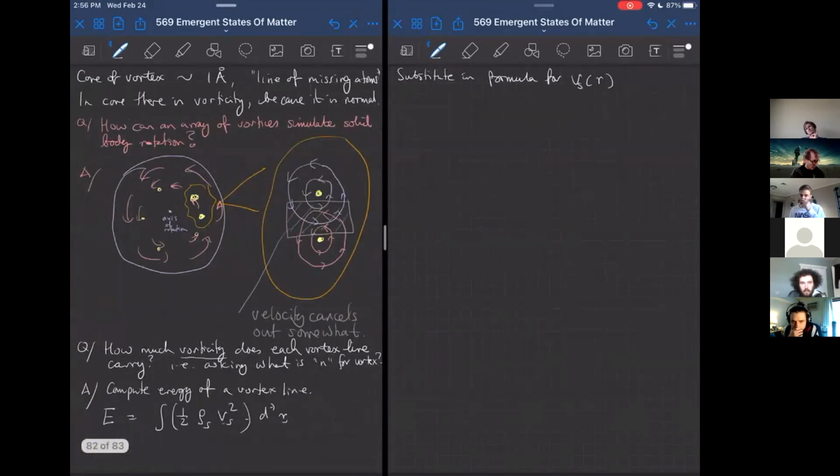If you write it out, E is equal to 1/2 rho s, the height of the fluid L, the velocity squared, so that's n h over m squared, and then the integral of 2 pi r dr, because now this d3r